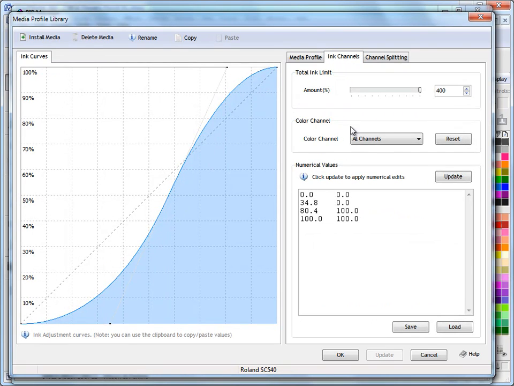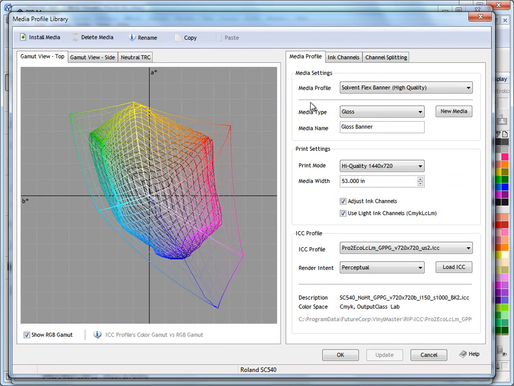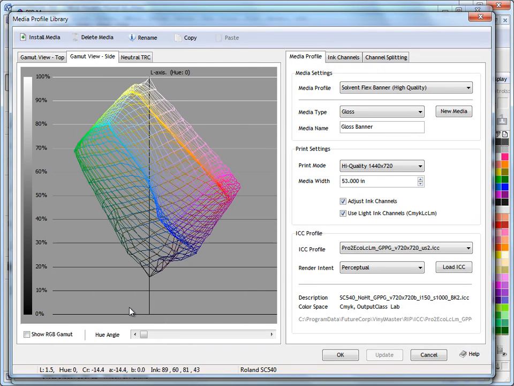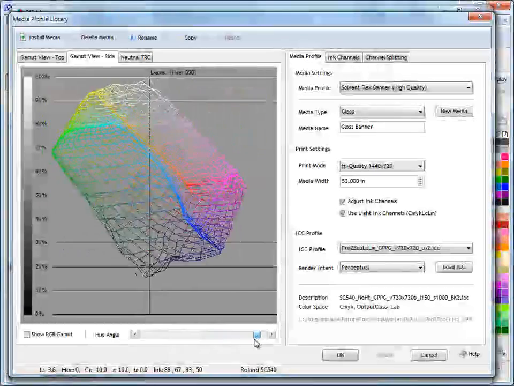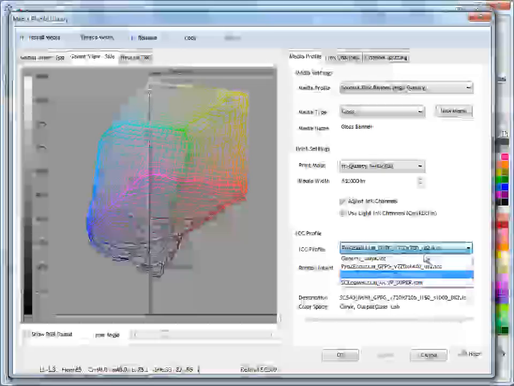There's individual lessons here on how to adjust ink channels and adjust the channel splitting. I've also done another lesson on how to create new profiles from scratch. You can install profiles up here from the DVD, the extras DVD, or if you download profiles from our website, you can install them this way. You can also view the gamut of each individual ICC